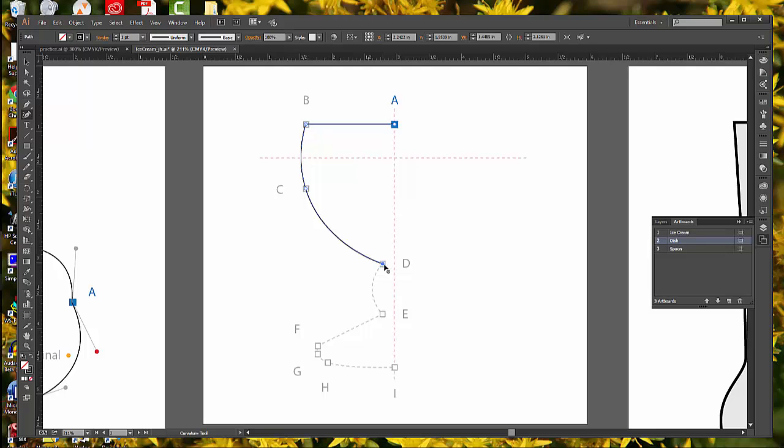Take your pointer over anchor point D, and when you get that change to the corner where you get the little circle down there with the dot in it, double click. That's going to set the point to a corner point. Now we're going to go down and shift click on E to select that point. Now the path didn't follow the dotted line this time,